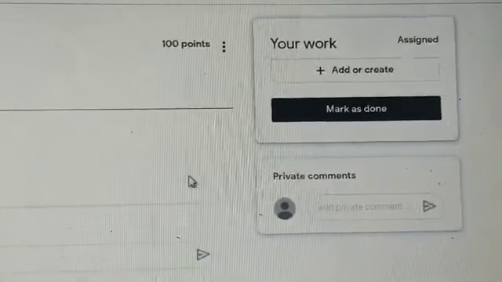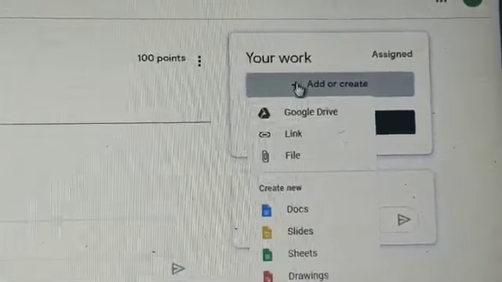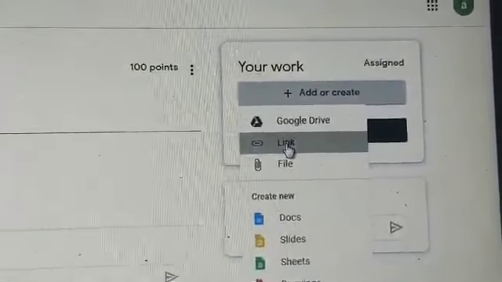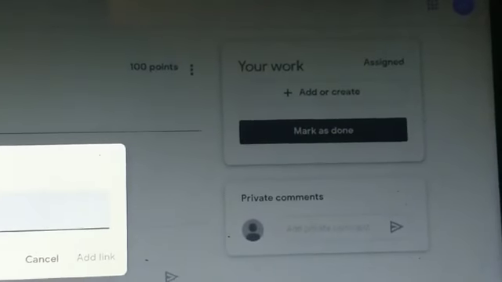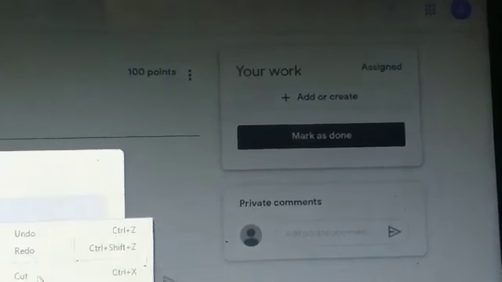Then you will press your work, add or create, left button. You have already copied the link. Again left button of the mouse, and here right button to paste the link.